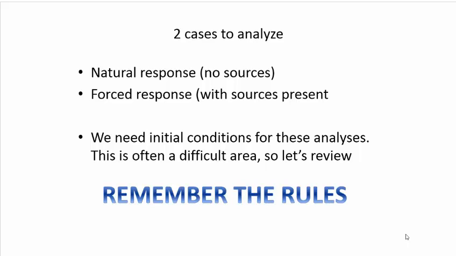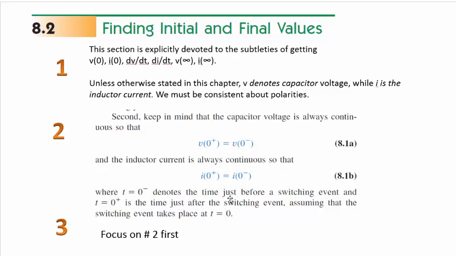We'll need to be very diligent about what the initial and final conditions are for these analyses. So initial and final conditions in the circuit will be very important. And additionally, the derivatives of the current and the voltage, di/dt and dv/dt, will become very important in solving these problems. So we're going to go through a set of rules coming up to find all of these initial conditions, and you have to remember these rules and be very consistent about them. So, finding the initial and final values in the circuit.